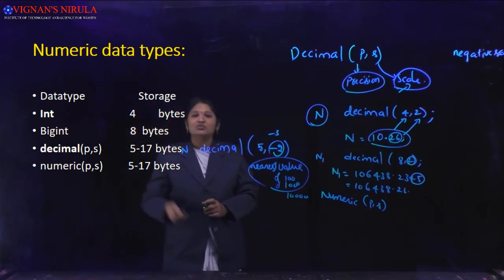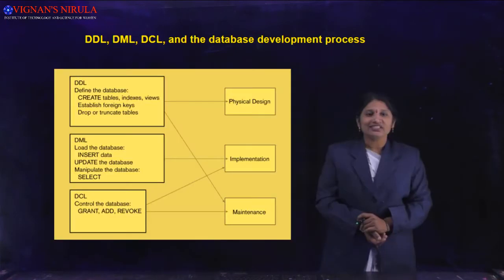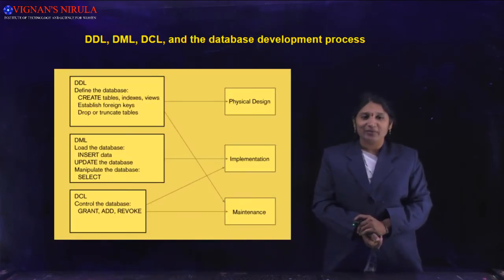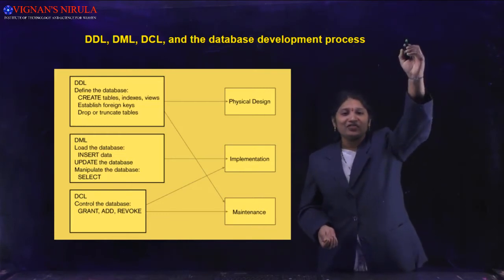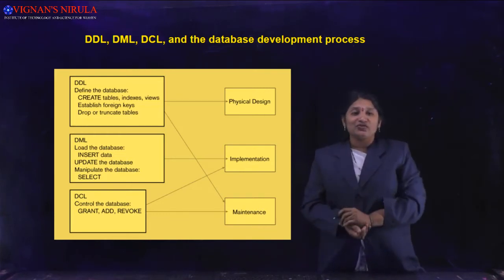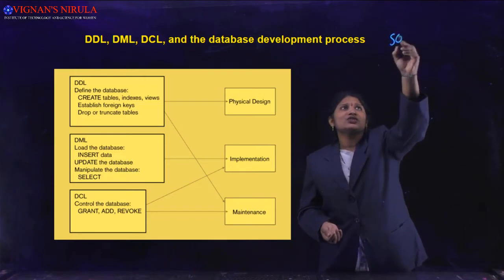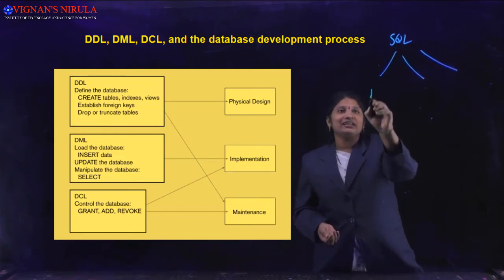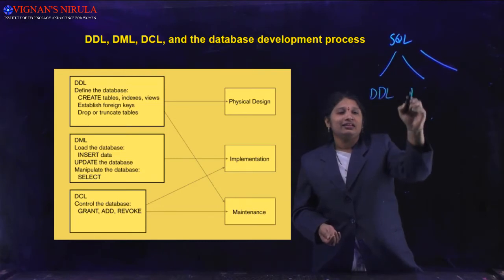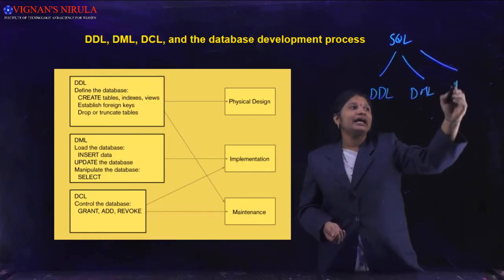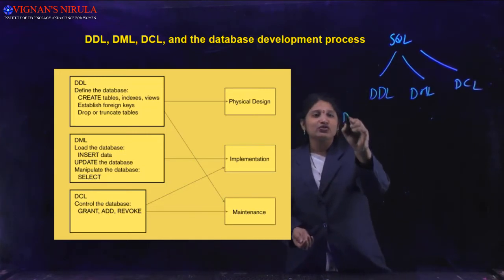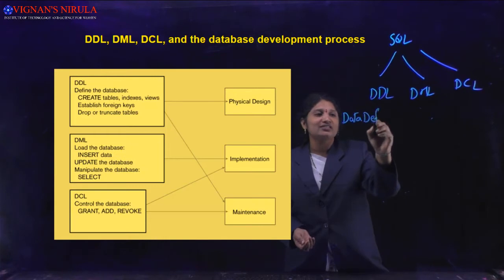So this is about the numeric data types. See what are the different types of SQL commands that are available. Basically, we are having 3 categories of SQL commands. The SQL commands categories are, as you are seeing, DDL, DML and DCL, where the DDL stands for Data Definition Language